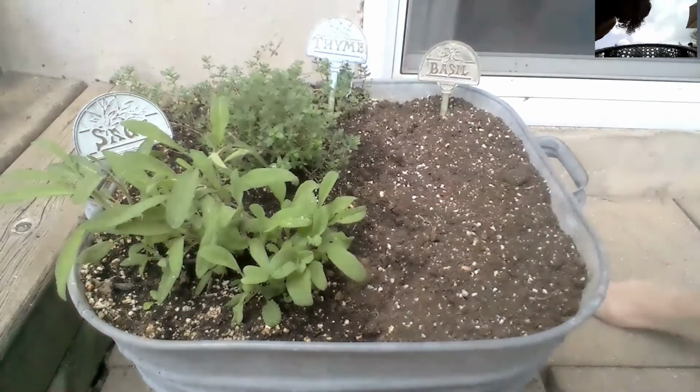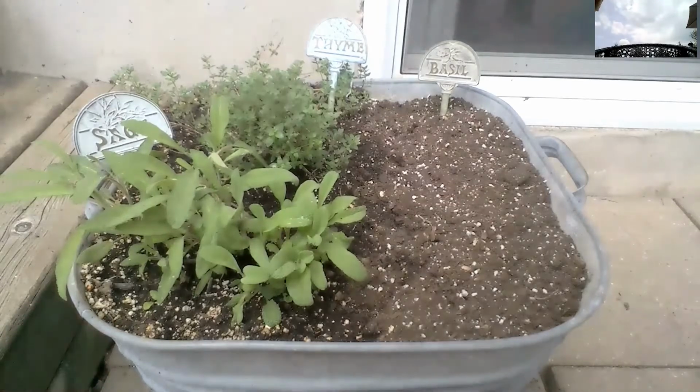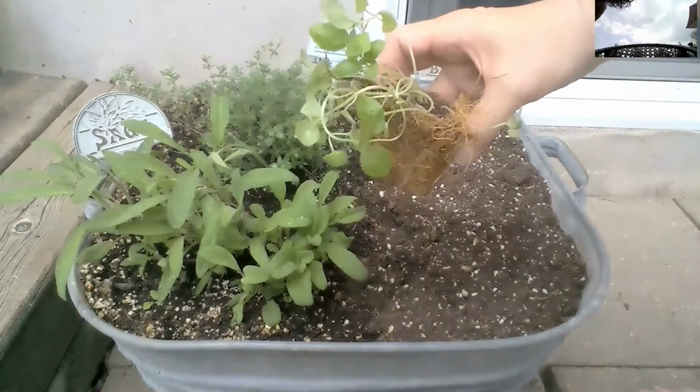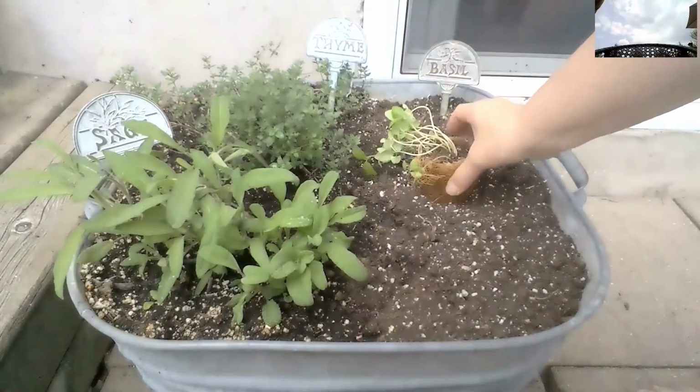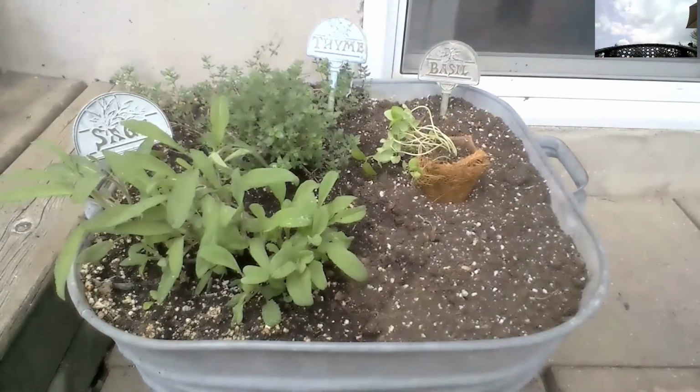Right now, I'm going to plant some of the basil that I had started in my little greenhouse. These basil plants are getting kind of big for the pot that they're in, and it's time for them to go out into the garden. So let's do that together. But before we do, I'm going to show you